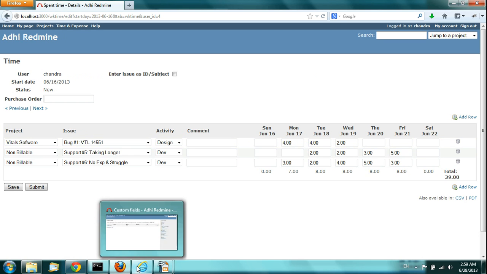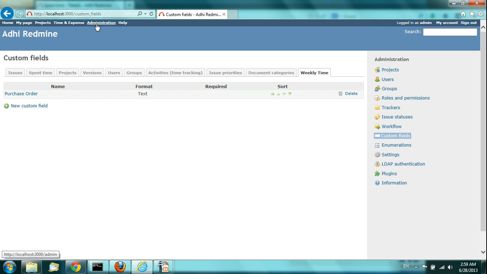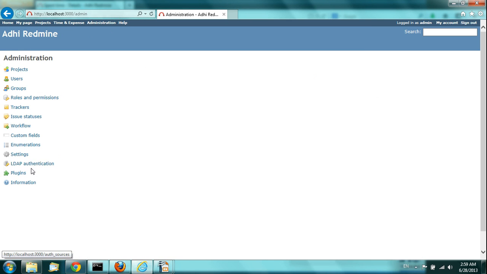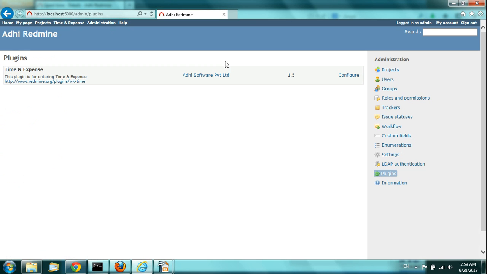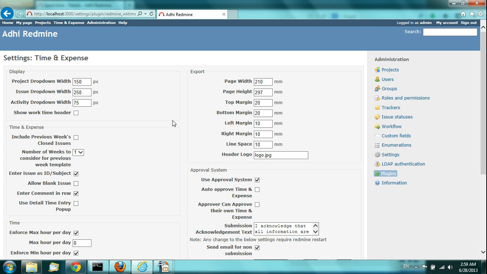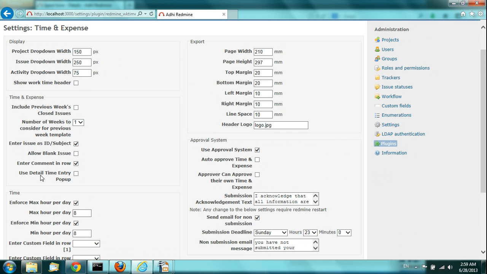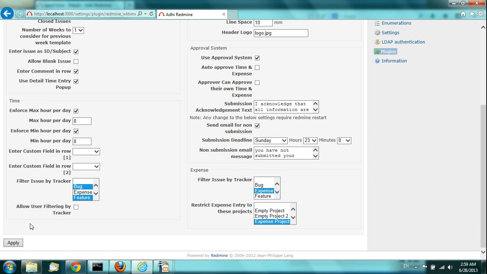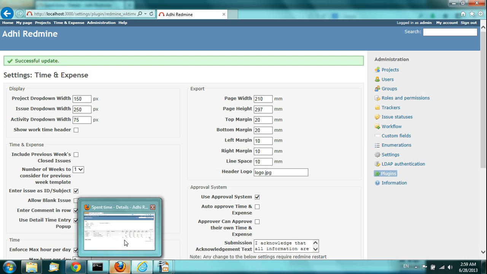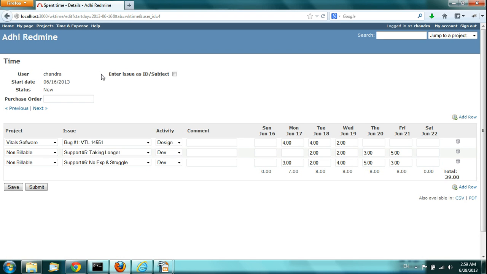For that I need to make a configuration change. Go to administration, plugins, and configure on the plugin. Out here there is a use detail time entry pop-up. You have to have this checked to actually enter custom values through the pop-up. So once you do that,